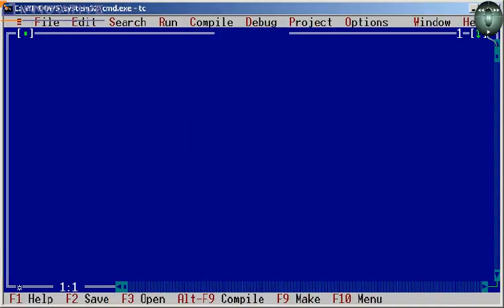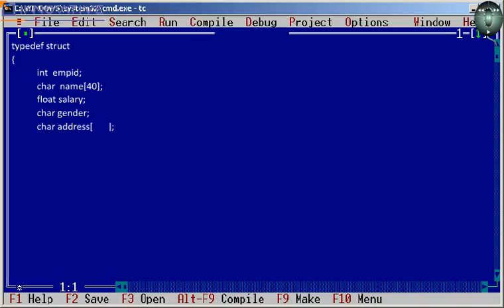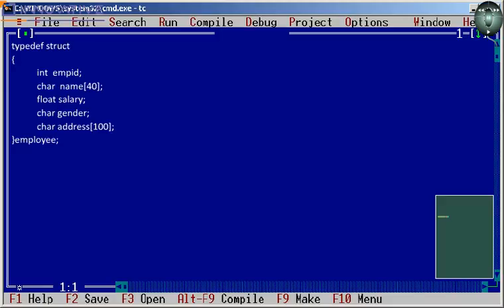Define the structure as typedef struct { int empid; char name[40]; float salary; char gender; char address[100]; } employee;